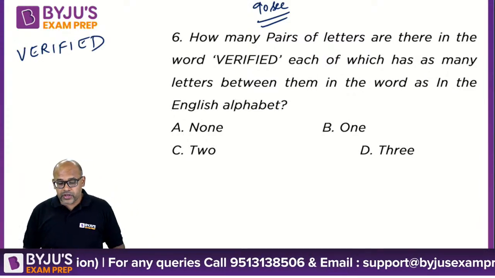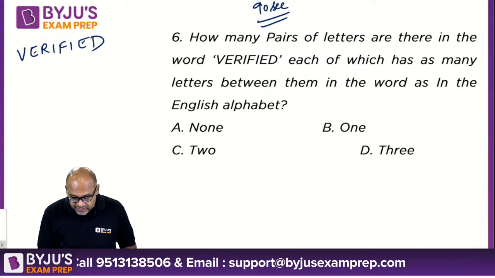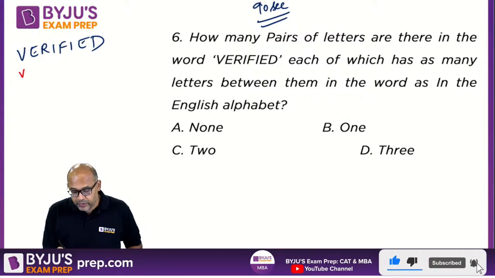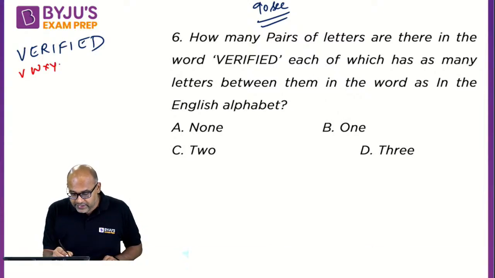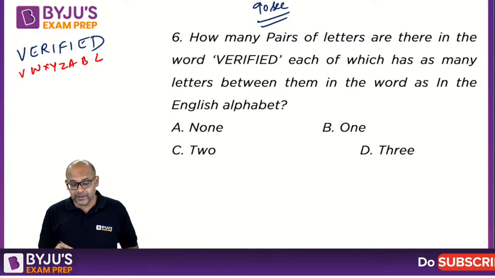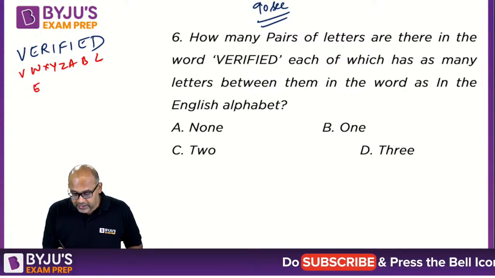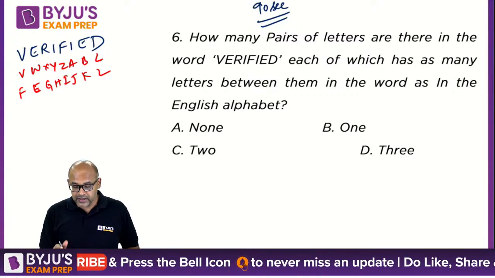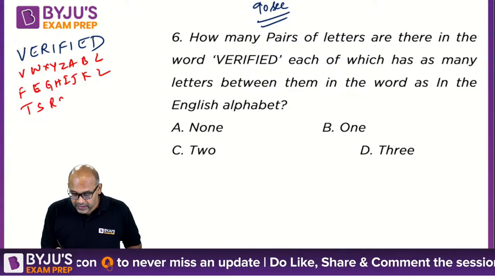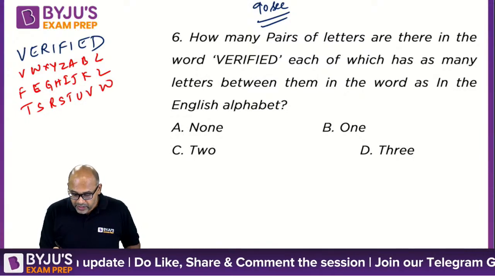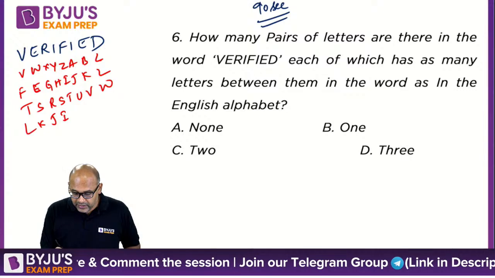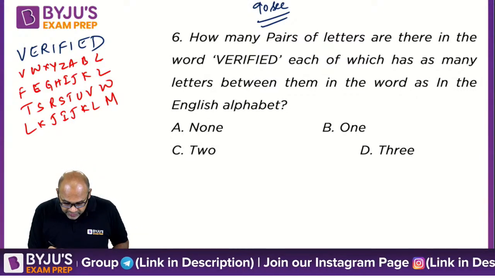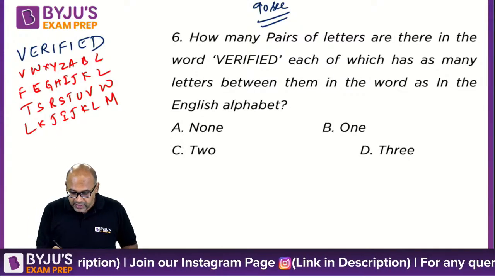VERIFIED. Okay, so now we are supposed to check very quickly. Let me change the color so that you guys can follow this. If I start with V: WXYZABC. So here nothing. If you're looking at E: DEFGHIJKL, nothing. Then if you're looking at R: STUVW, nothing. If you're looking at this I: JKLM, is anything matching? Nothing is matching. Then if you're looking at this F: